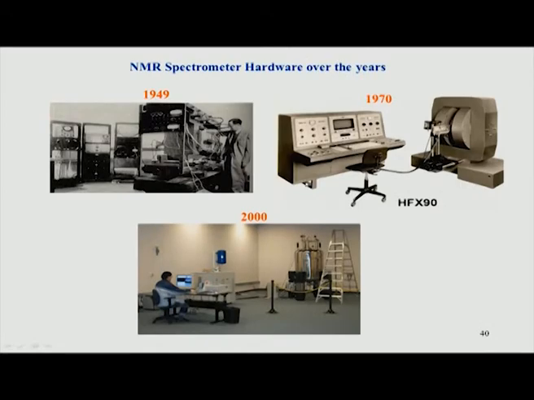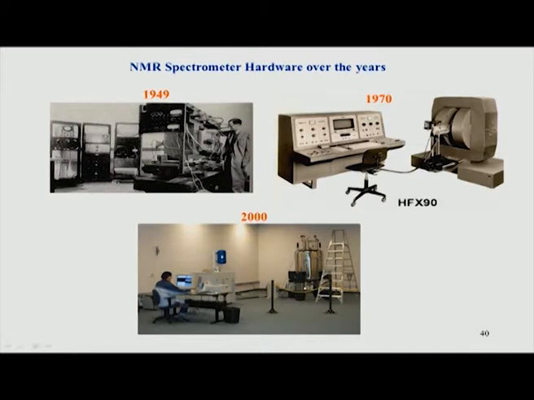So, NMR spectroscopy has actually come a long way since its invention. The phenomenon of NMR was discovered, as we showed in the last class, in 1945, and since then NMR instruments have become more and more compact and more modern. You can see here some pictures of very old systems. This is now historical, and you can see how they developed.